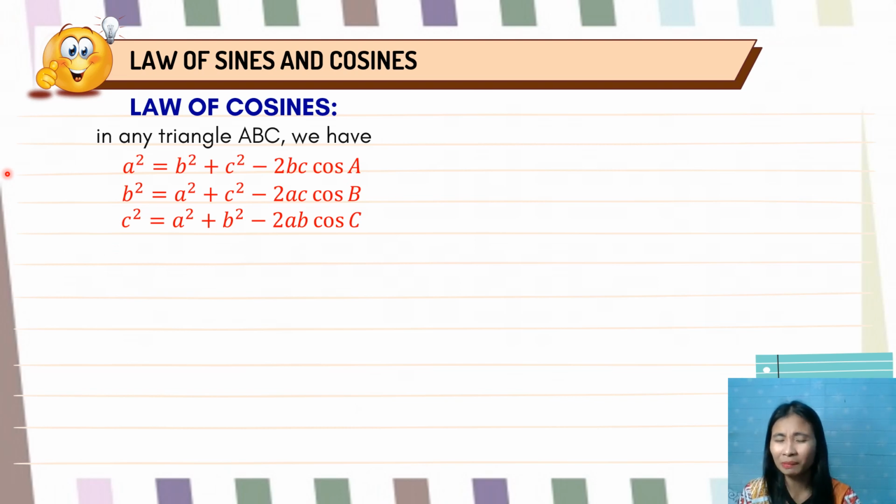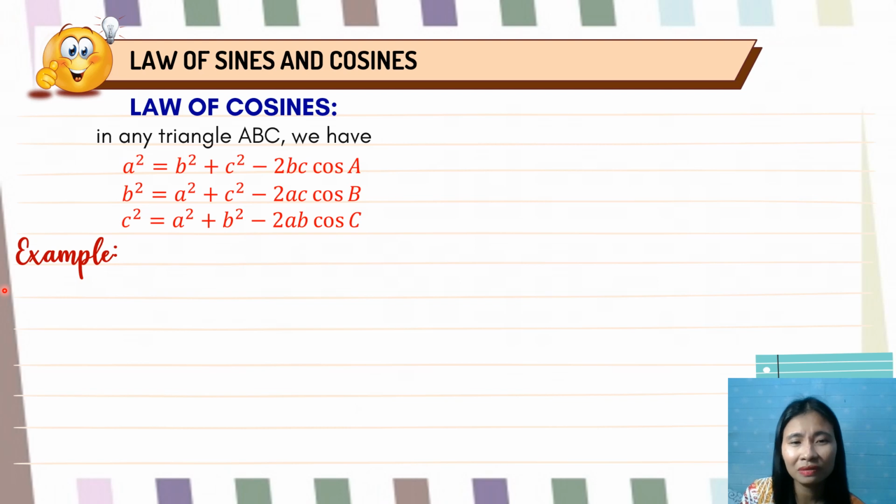The equations may look complicated, but let me give you a hint on this one. So observe. Whatever is the unknown side, that is the angle. Okay, observe: a squared cosine A, b squared cosine B, c squared cosine C. And the remaining sides become our concept on the Pythagorean. So b squared plus c squared, and whatever variables are being squared in this particular part of the equation are also the variables being multiplied. So observe: b squared, c squared, bc; a squared, c squared, ac; a squared, b squared, ab. See? So there is a hint on that one.